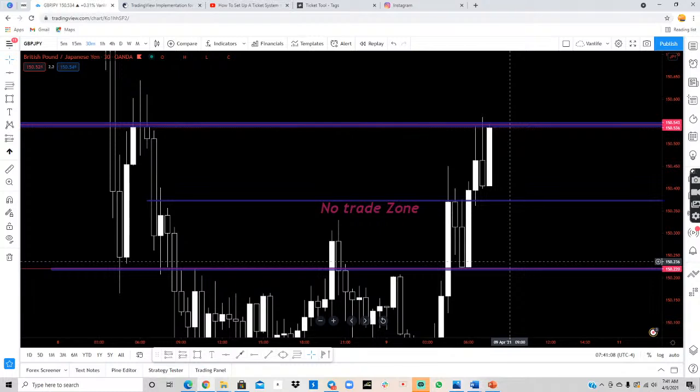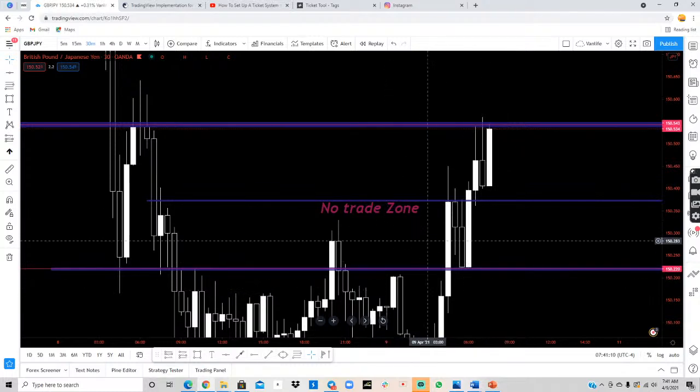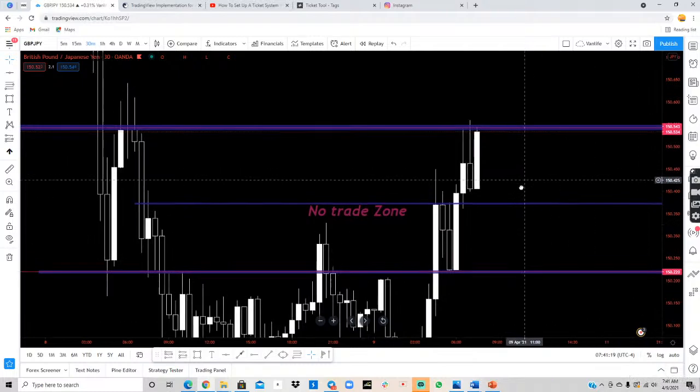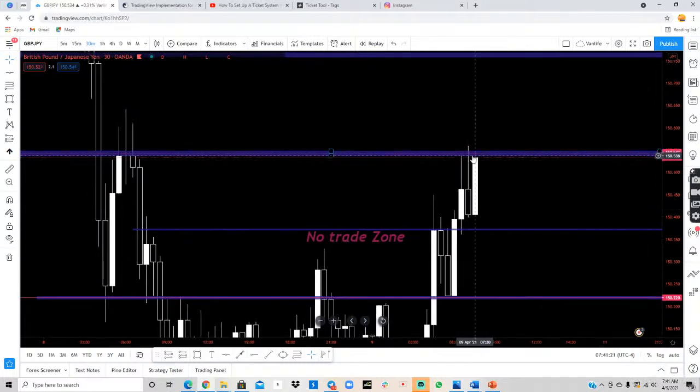I'm still waiting for the candle to actually break and close above. Definitely need a 30 close. As I can see, we are leading up to the 8 a.m. open soon. So even if this candle closes anywhere in this location, and take for example, we start to get the next candle to break, you know, probably about,